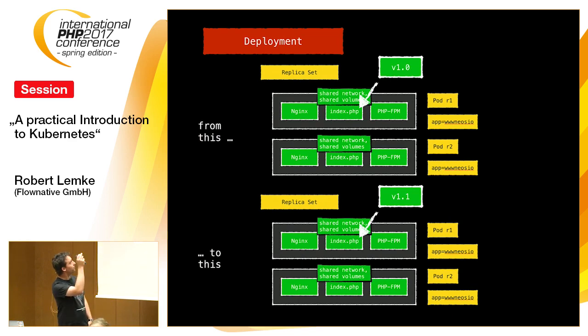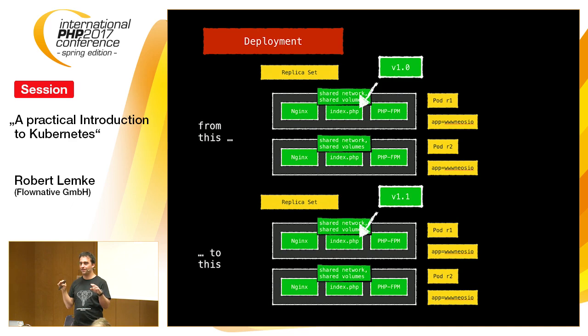And if you want to deploy version 1.1, then you just change the deployment resource object, and Kubernetes will not just stop everything and start everything, but will create a new pod of the new version, and when that is running and the readiness probe is ready and so on, will stop one of the old pods. And then you have basically 2 versions running at the same time.